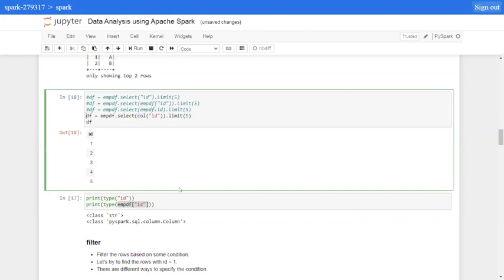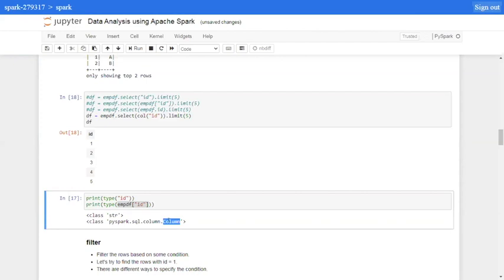Now, what's the difference, or where should we use the different notations? I'll talk briefly about it. For example, if you have certain methods, let's say sorting the data in a descending manner, this particular column class has certain attributes which can help you do that ordering. Or for that matter, if there are any other functions or attributes from this column class which you would like to use, then you would definitely use this representation of the column object, not the string, because a string might not have those attributes or functions available. So that is the difference between when to use the string and the column.